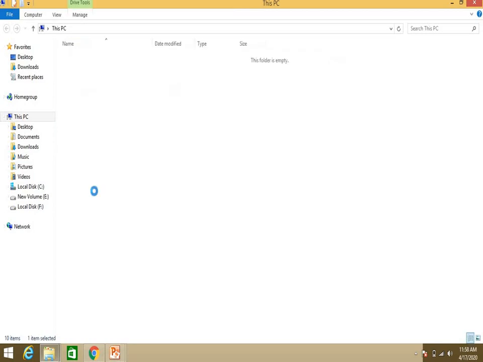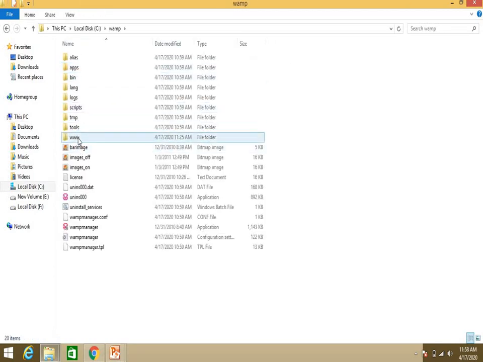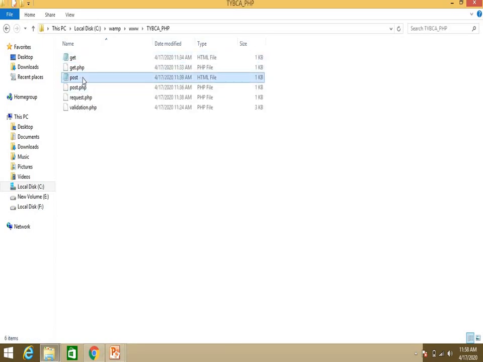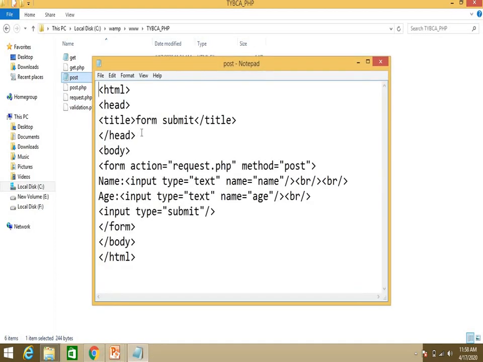Under WAMP, www, see, post. Okay, open, the same thing is there, but here you have to use post. So post.php, method equal to post, the rest is as it is.